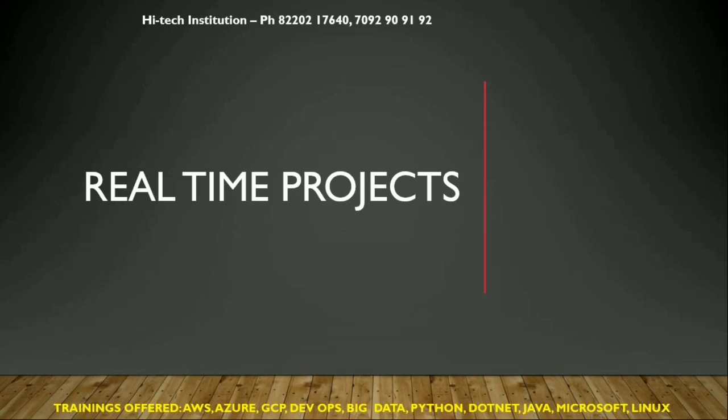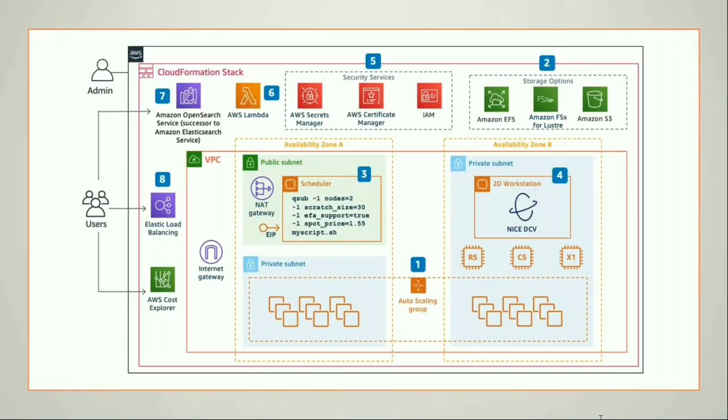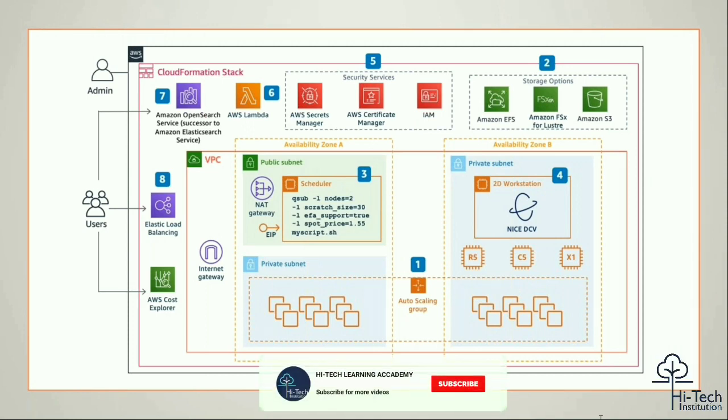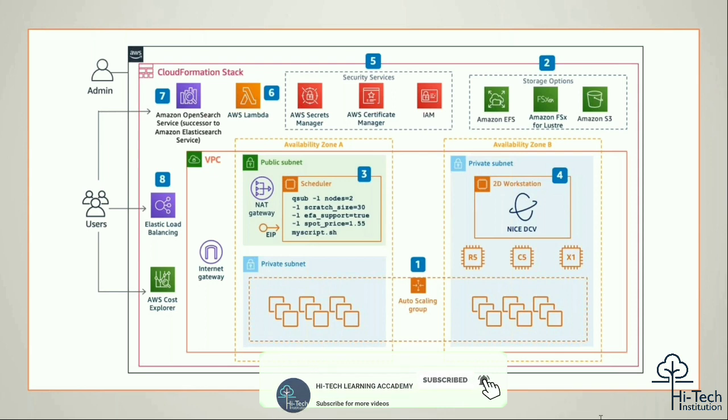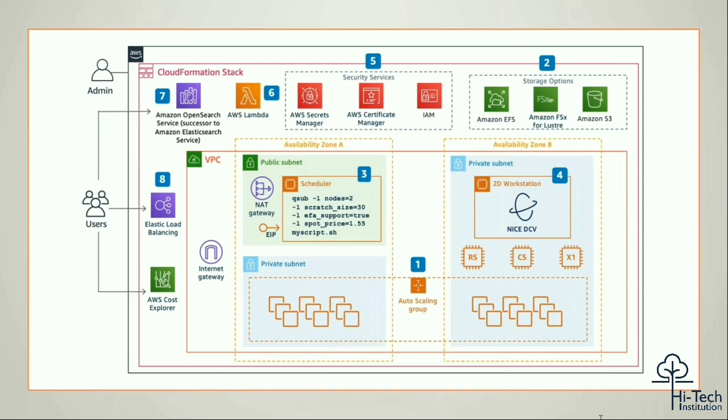All right, so this is all about our real-time projects, guys. Apart from that, I'm going to take this as my platform. In this platform, this is the architecture diagram of my current AWS environment. Based upon this architecture only, we're going to learn the first portion. We'll complete AWS, and once AWS is completed, we'll come to DevOps. We are categorizing it into two portions. Based upon this architecture diagram only, we're going to work. At the end of the day, you will be implementing this entire architecture of resources. We'll help you set up an AWS free tier account, labs, everything we'll provide you. No need to worry about it.